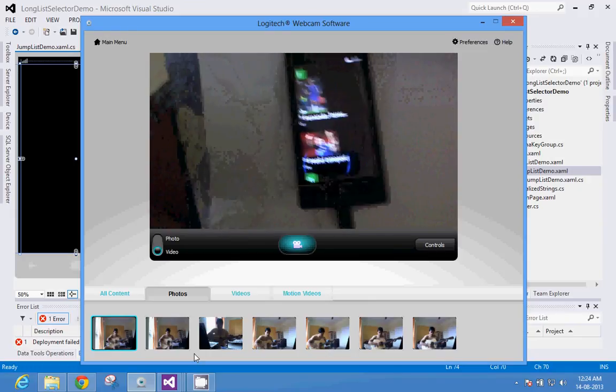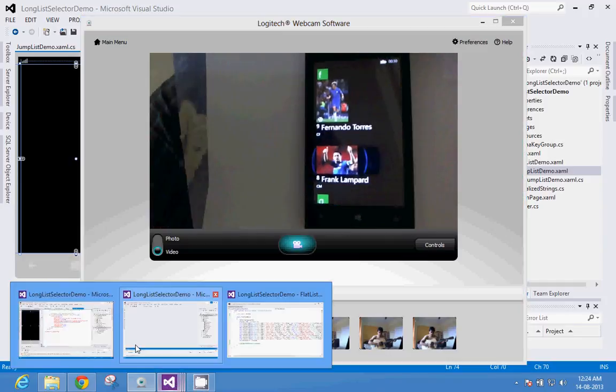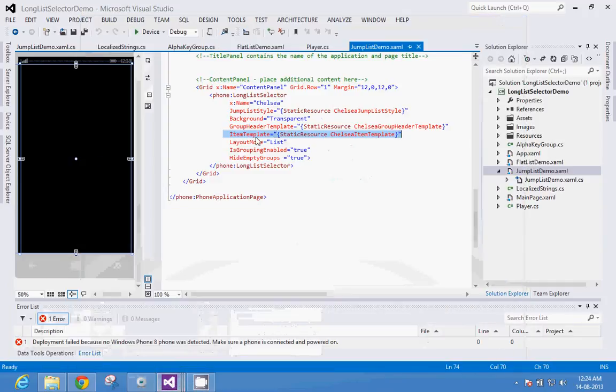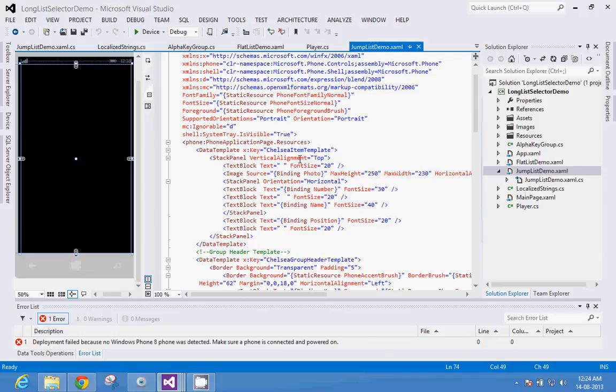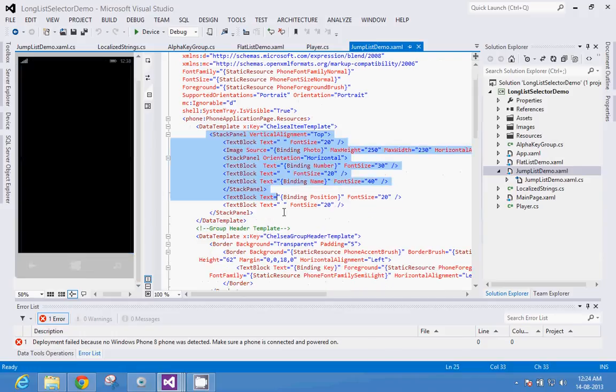So I'll quickly discuss this item template, where I use this static resource Chelsea item template, which I have defined in phone application page.resources. There's a vertical stack panel, inside which I have a text block. This is for creating gaps between the two entries, so the text is blank.